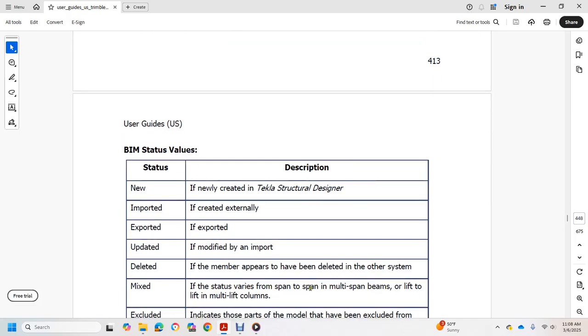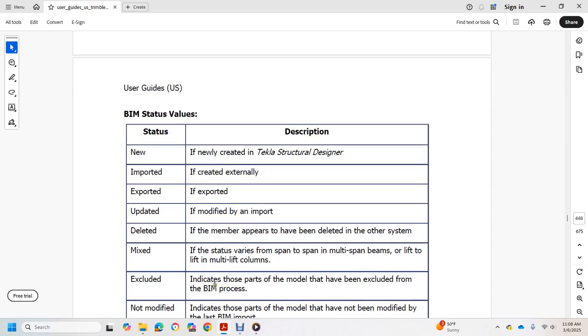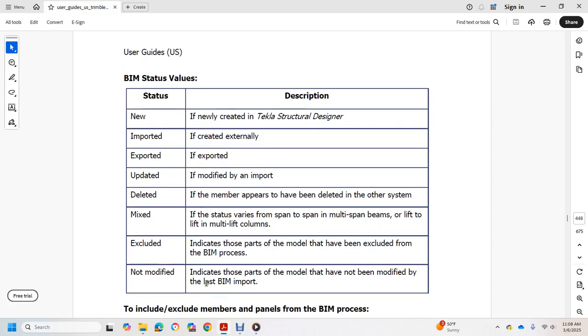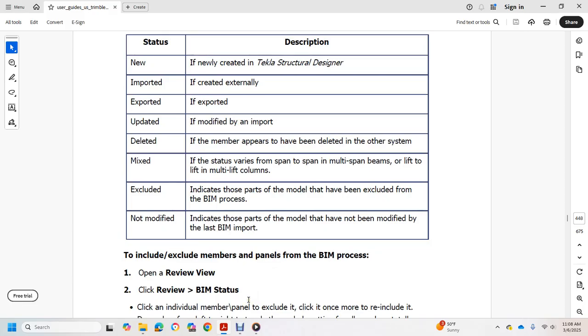Mix, if the status varies for the span: multiple span beams, lift to lift, multiple lift columns. Excluded indicates the parts of the model that have been excluded for the bill of material process. Not modified indicates those parts of the model that have not been modified by the last bill of materials import. To include or exclude members and panels from the bill of material process,